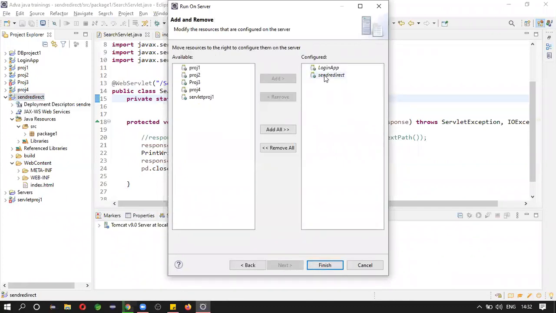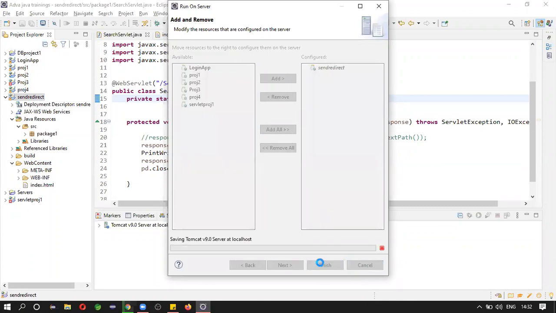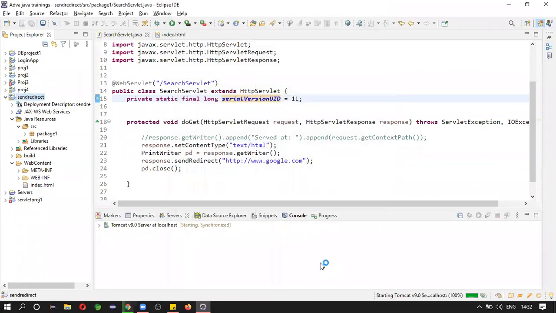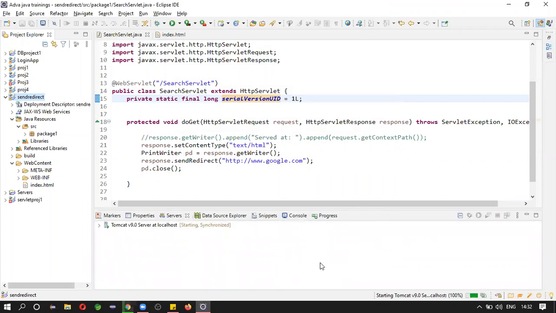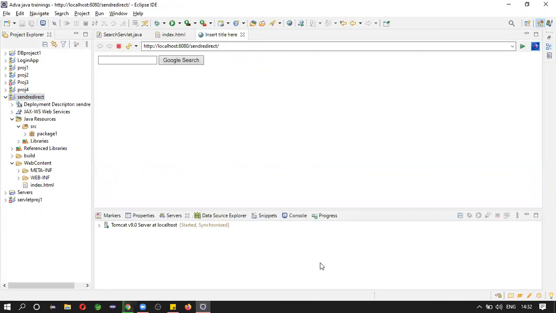Click on next. So now, next, we will enter some data.